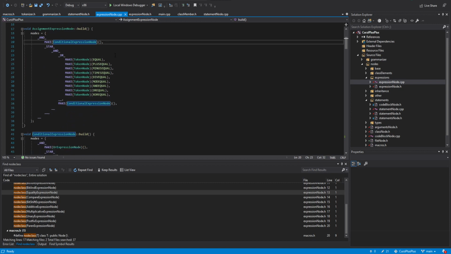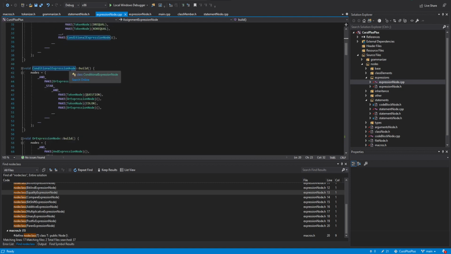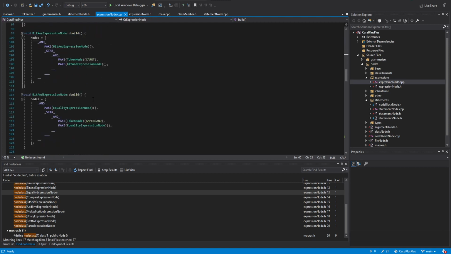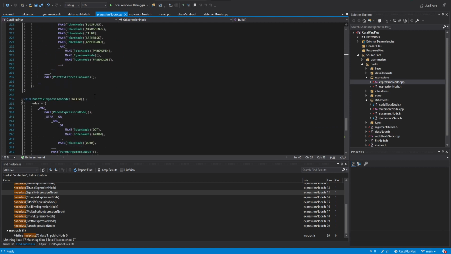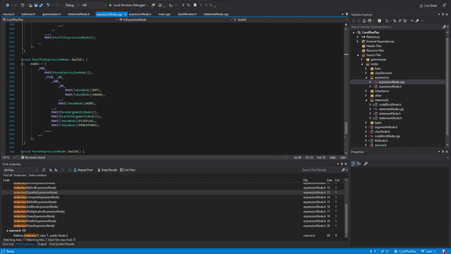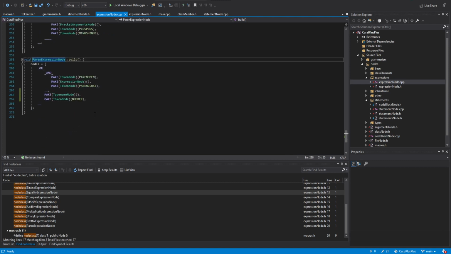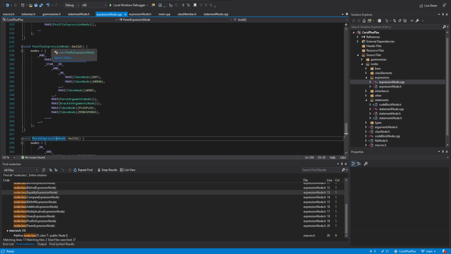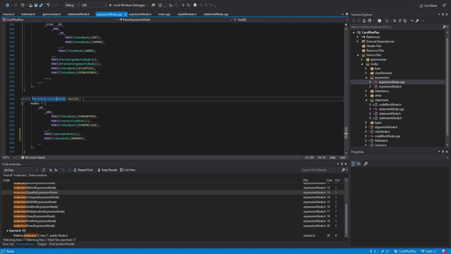Well, it's either really, well, so you see it's conditional, operator conditional. And then here, the conditional points to or, and then the or points to and, and then you go all the way down, okay? And on the last one, you see that here, parent, yeah, exactly. So the last one here, postfix, points to parent expression, and parent expression is actually just parent expression parent. So it points back down to expression, but of course you need an escape possibility, and the way